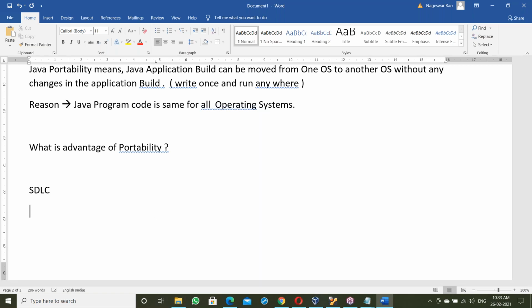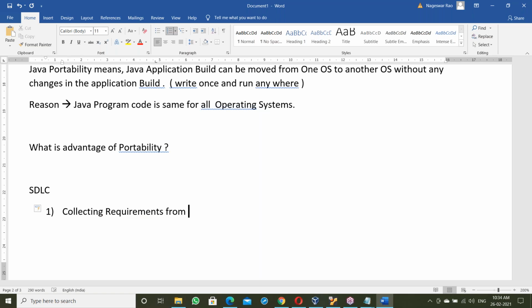In step one, we collect requirements from the client. First of all, we should collect all requirements from the client.